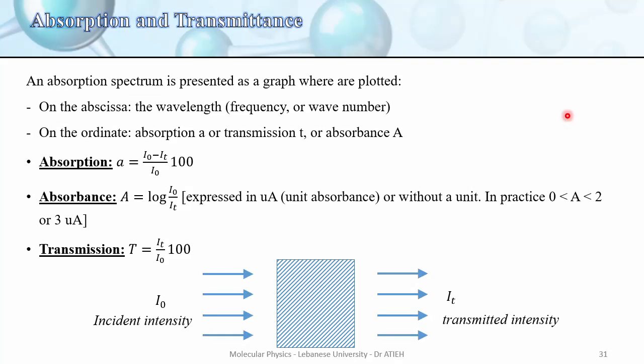We look at the spectrum, which is presented as a graph where we plot on the ordinate axis. We usually plot the absorption, transmittance, or the absorbance, and on the abscissa the wavelength, the frequency, or the wave number of the incident light on the sample. So we look at our spectrum,